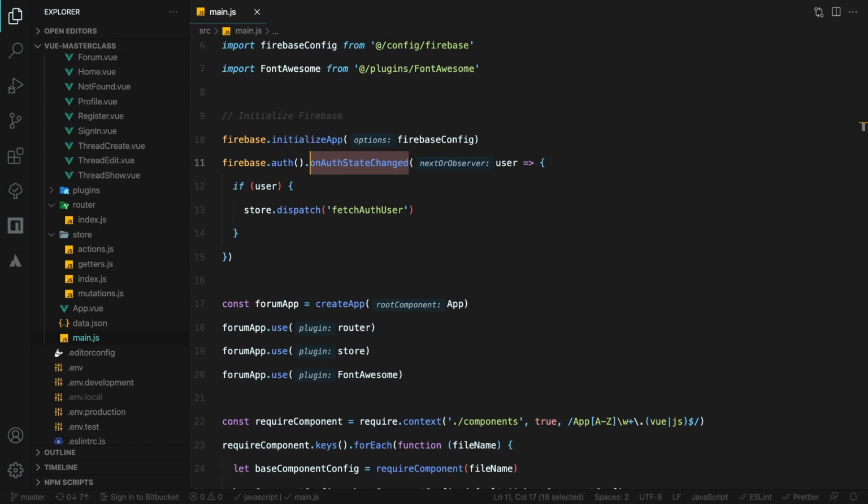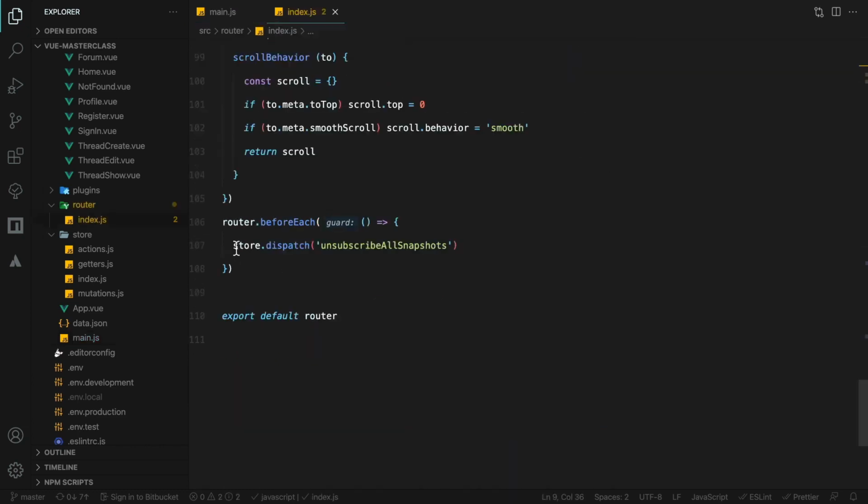Unlike all of the other data fetched from the Firestore in the created or mounted hooks of the visited pages, the data for the user is fetched in the auth state changed event provided by the Firebase Authentication service. Because of that, we don't necessarily want its snapshot unsubscribed from on route change, like all the other data snapshots. In fact, because the snapshot is created in the auth state change event, but then unsubscribed from when a route in our app changes without ever being recreated,